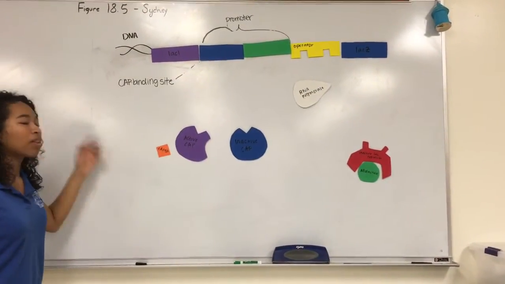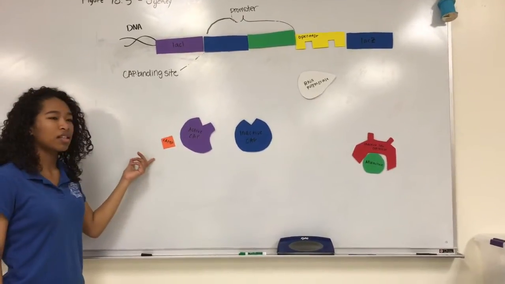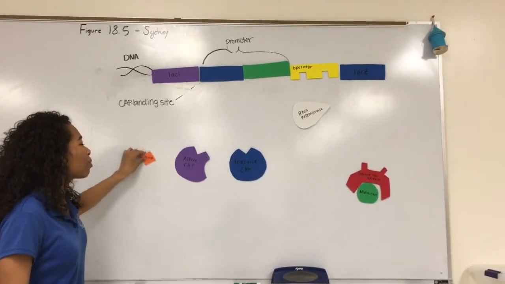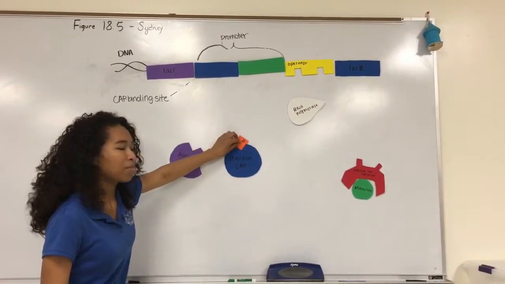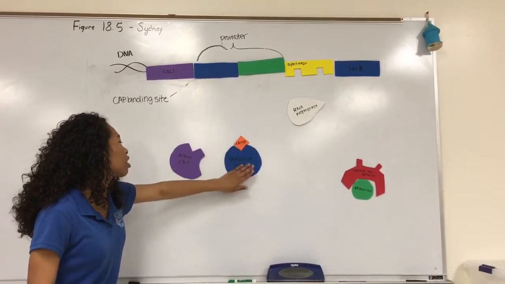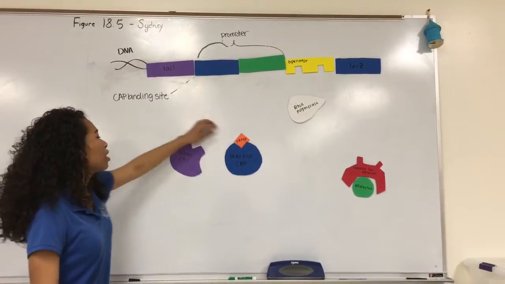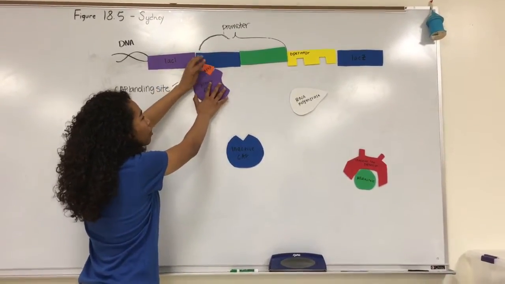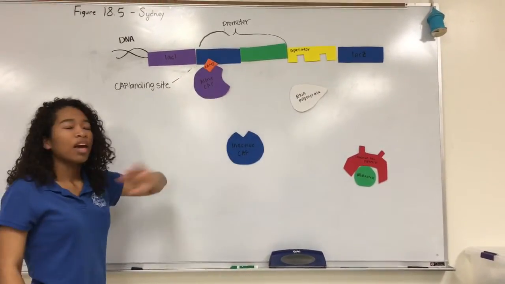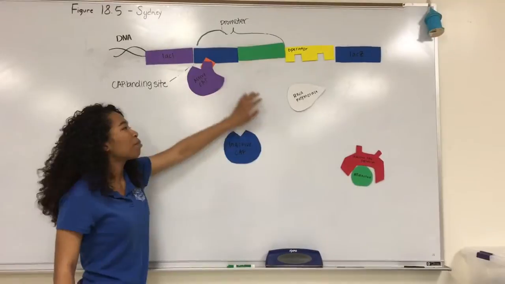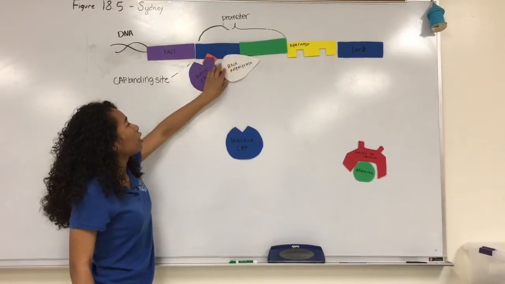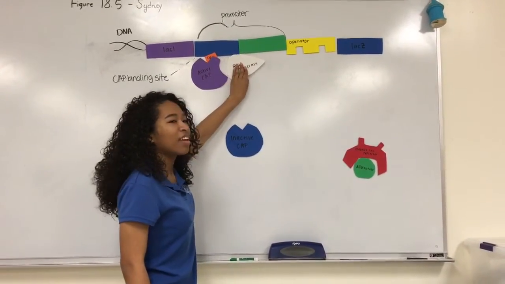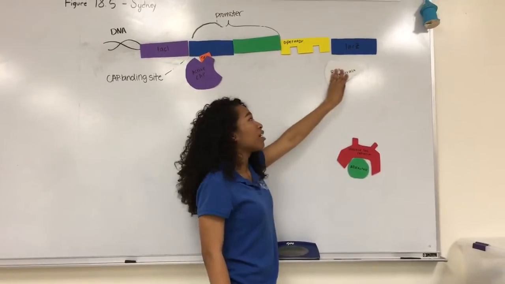So lactose is present, and when glucose is scarce, you have high levels of cAMP. So the cAMP will bind to the inactive CAP, and then this causes the inactive CAP to change shape and become active CAP, and this binds to the CAP binding site at the promoter of the DNA. And then because it's shaped like this, the RNA polymerase can bind to the active CAP, and then the RNA polymerase can move down the chain and transcribe